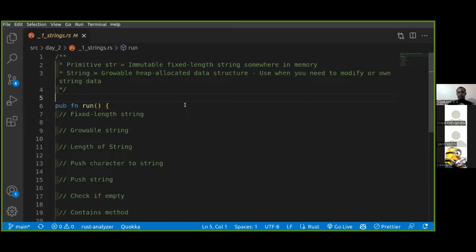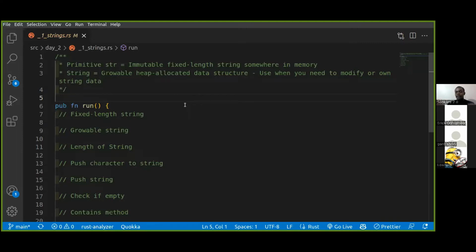So the primitive data type values are stored in memory in a stack. But growable strings, by saying they are a heap-allocated data structure, it means they are thrown